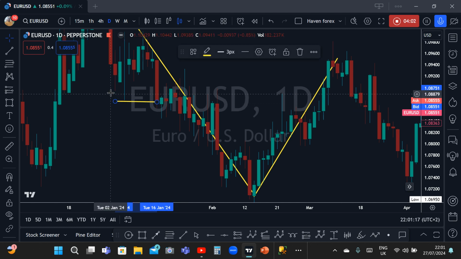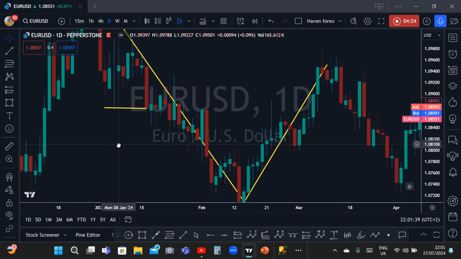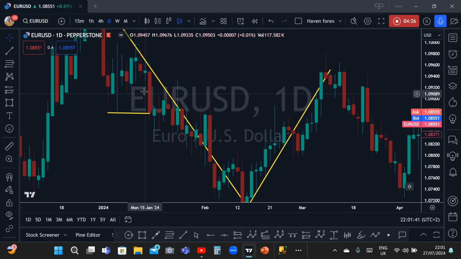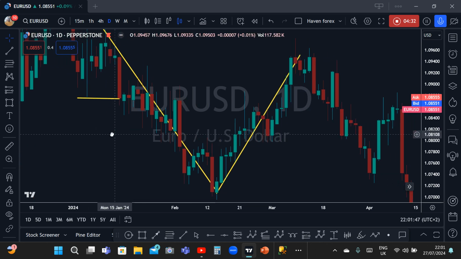You understand? You can see here, it ends here, it went back. Then as the next push phase, it broke the structure down, no matter how little it is. As far as trading is concerned, it is very, very significant. Once you see that a structure is broken, you know that the underlying trend still continues. Now,